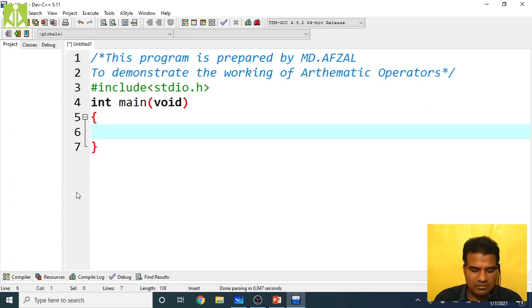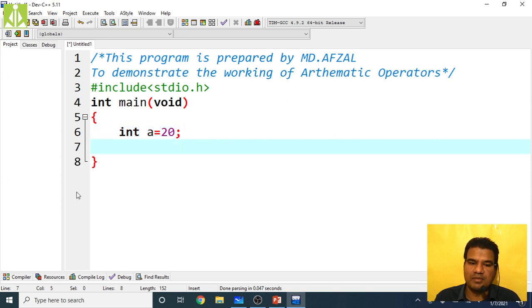After this, what should I do? Yes, I have to write the coding. So I am declaring two variables, and doing the initialization also, like this. One variable: int a.